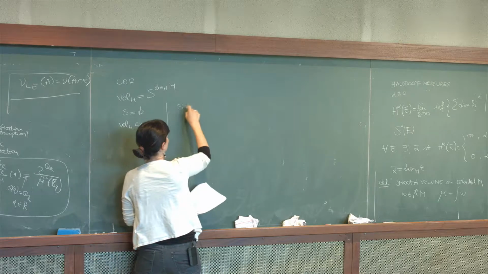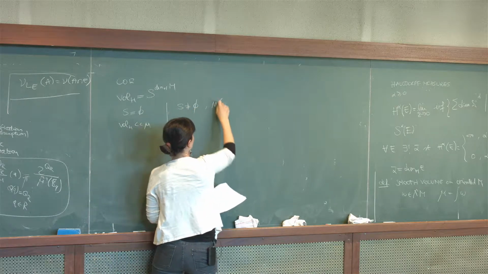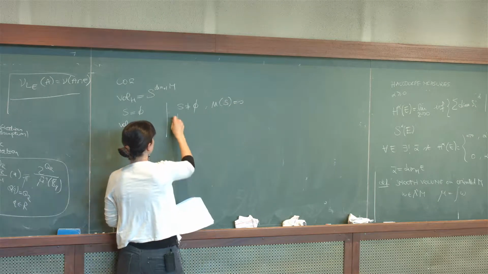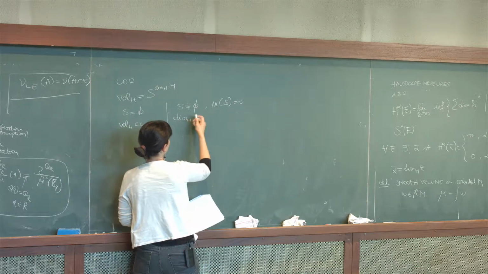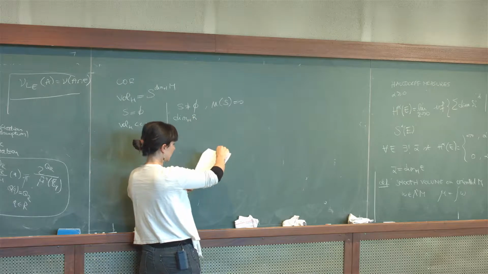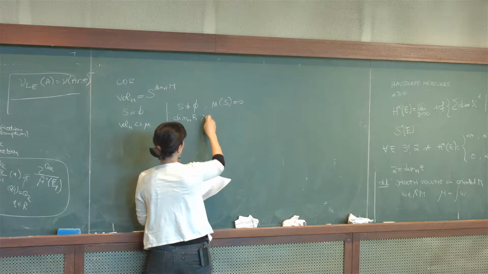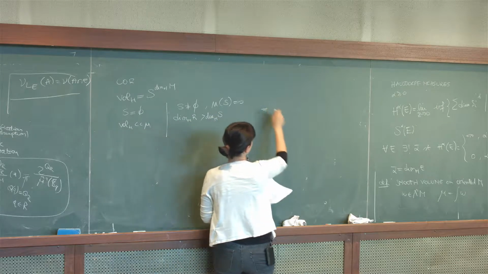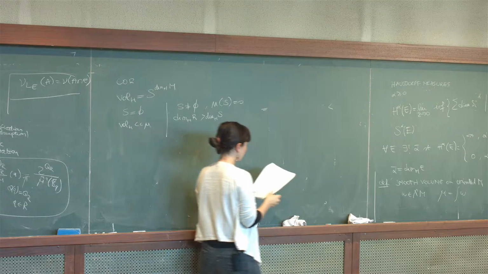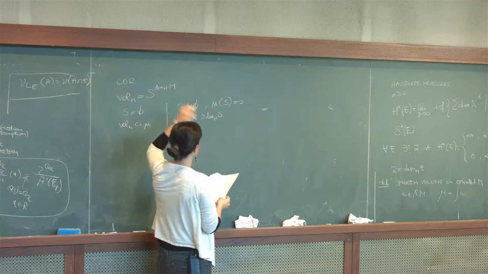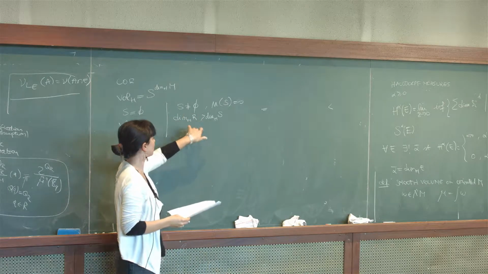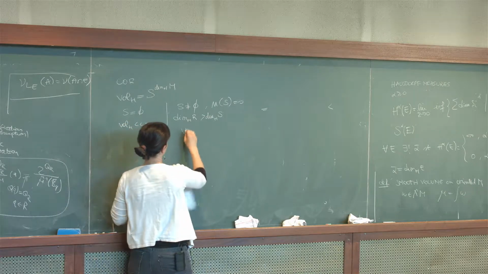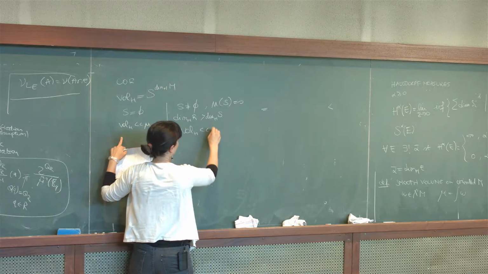When it is not empty and has measure 0, there are three possibilities. Either the set of regular points has dimension greater than the set of singular points, or equal, or smaller. And in this case, if somehow the regular part wins over the singular part, again we can say this.